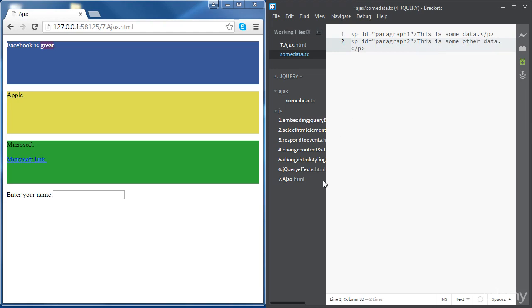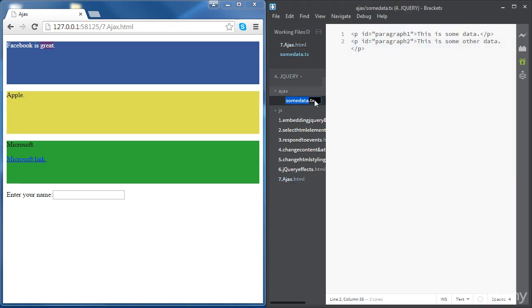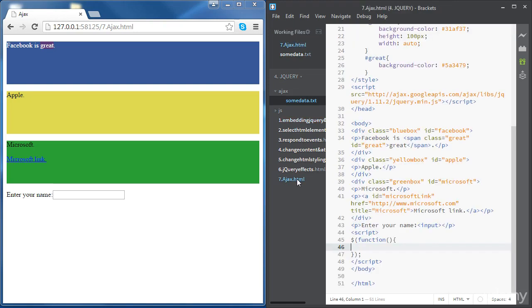Okay, now if you go to our file ajax.html, we're going to write some code inside our document ready function. So we're going to be accessing the Facebook div and loading the content of the text file. Just change the extension, it's text. So first let's access the Facebook div using its ID Facebook,